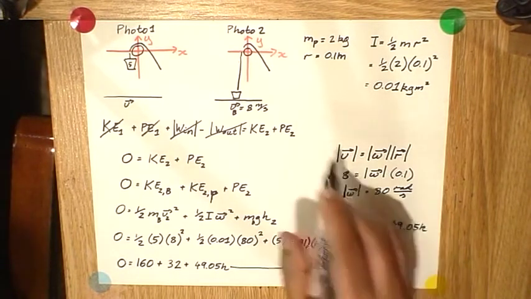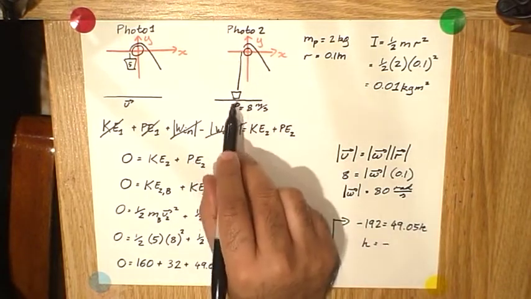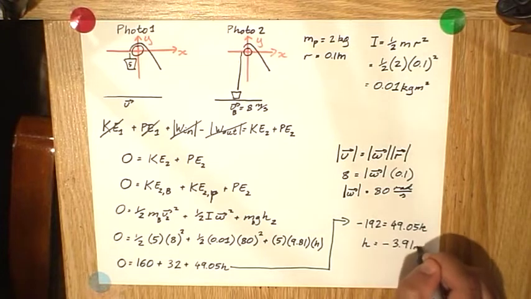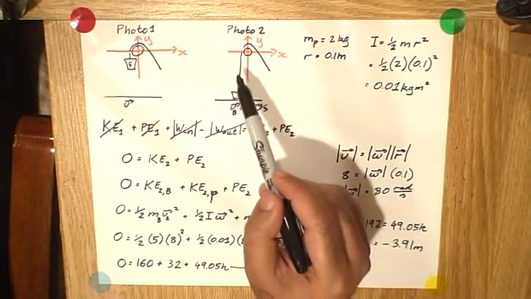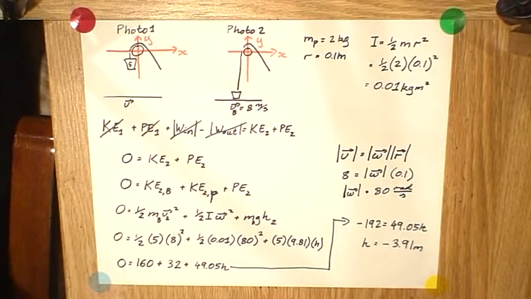So the height that this bucket had to fall to, its height in the final picture, is negative 3.91 meters. So that is its position relative to its original starting point. That is how far it has fallen. So to summarize the way that we solved this question,